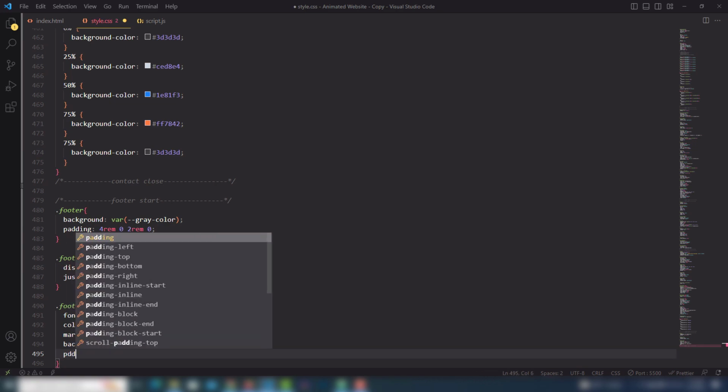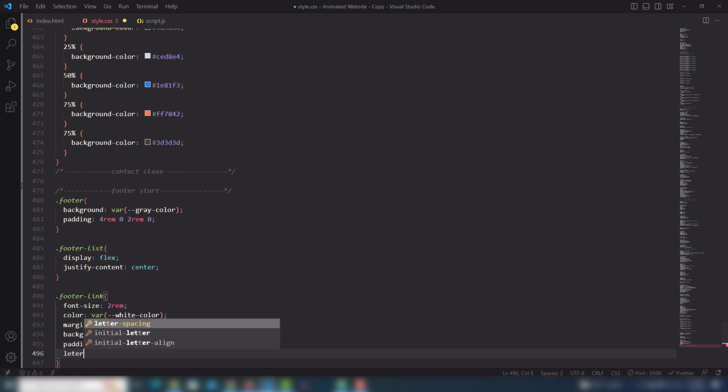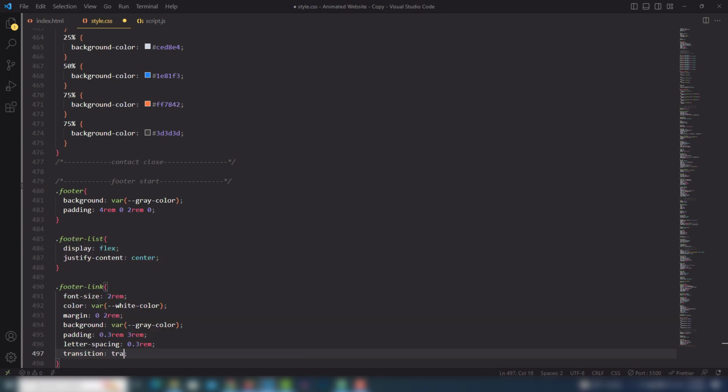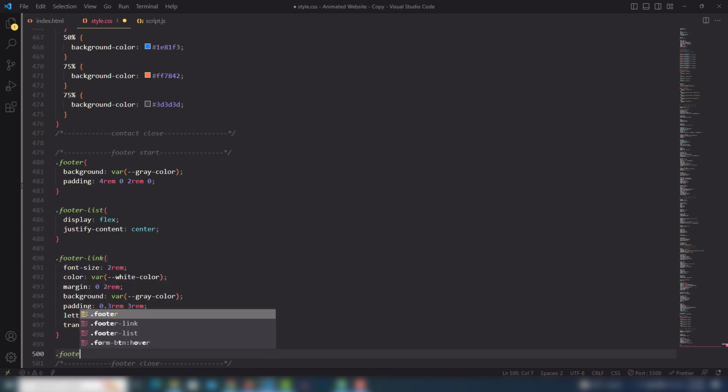Padding, I'm going to add 0.3 rem, 3 rem, and also letter spacing is 0.3 rem. Transition I will use as well. When I hover the mouse, 0.2, 3 is best, ease in out. So when I hover the mouse on the footer link,